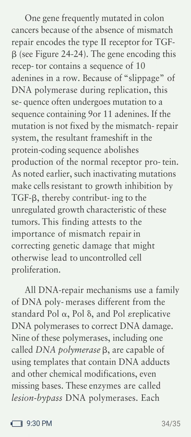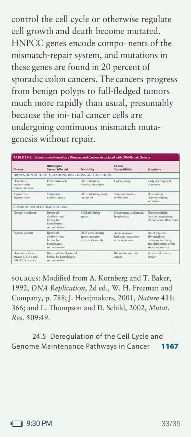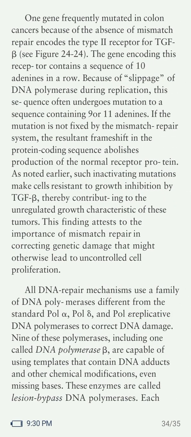One gene frequently mutated in colon cancer because of the absence of mismatch repair encodes the type 2 receptor for TGF beta. The gene encoding this receptor contains a sequence of 10 adenines in a row. Because of the slippage of DNA polymerase during replication, the sequence often undergoes mutation to a sequence containing 9 or 11 adenines. If the mutation is not fixed by the mismatch repair system, the resultant frame shift in the protein